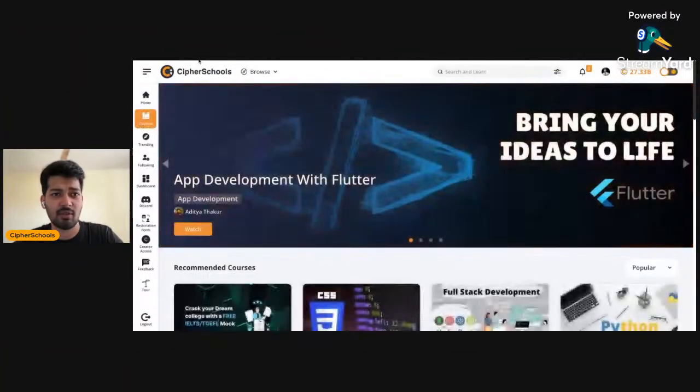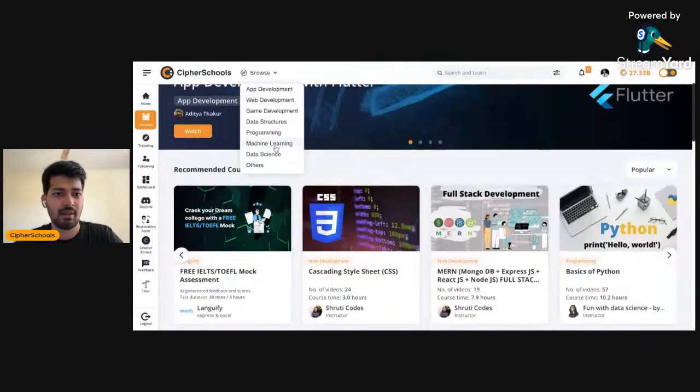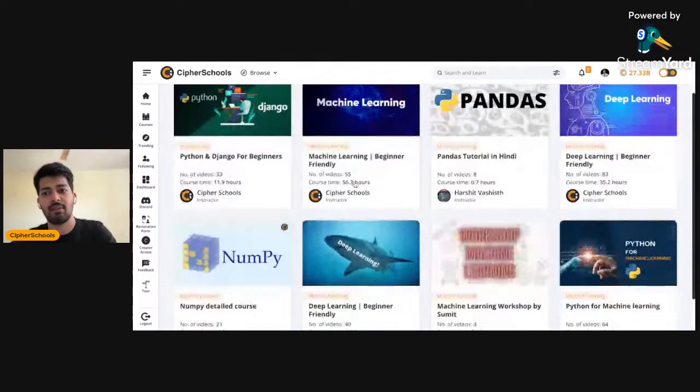right? So a simple way would be, Jyotirmoy, you can simply go on to the platforms. Let's say if I share screen with you, काफी सारे, you can also go on to this cypherschools.com. ठीक है, यहाँ पे सारे there are a bunch of courses, Jyotirmoy, which is in the space of AI ML, machine learning stuff. You can pick these courses.